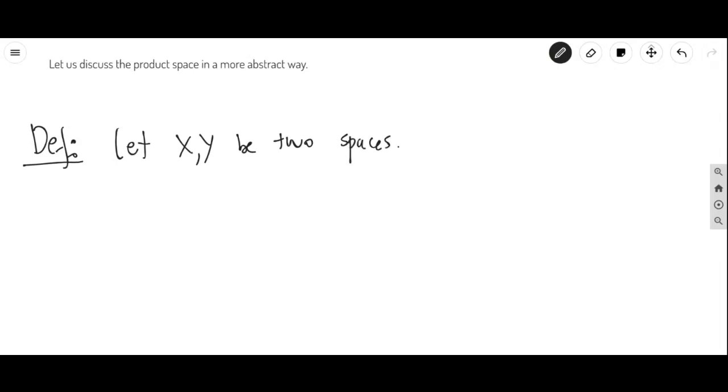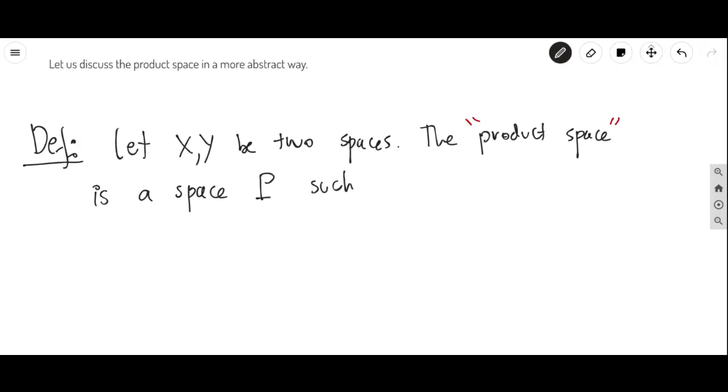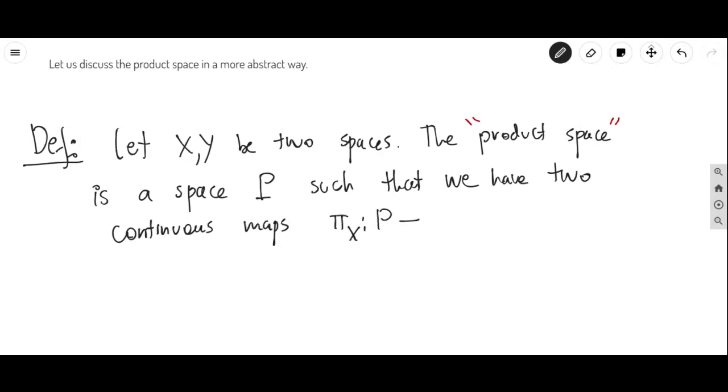So these are topological spaces. The product space is a space called P, for the product space, such that we have two continuous maps. Let's call them pi X from P to X and pi Y from P to Y,